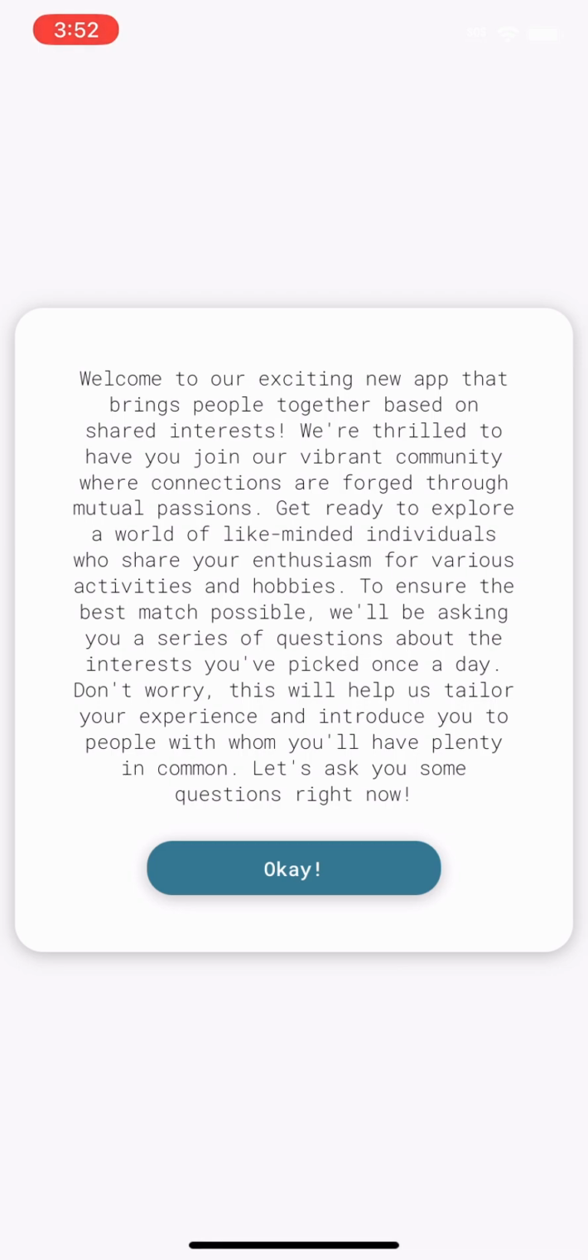So when you first start, it'll give you a tutorial saying, welcome to our exciting new app that brings people together based on shared interest. We're thrilled to join our vibrant community where connections are forged through mutual passions. Get ready to explore a world of like-minded individuals. So yeah, this is pretty much an introduction to what the app is, and immediately the app will bring you to the start of the questions that you'll be asked. So if you press OK,